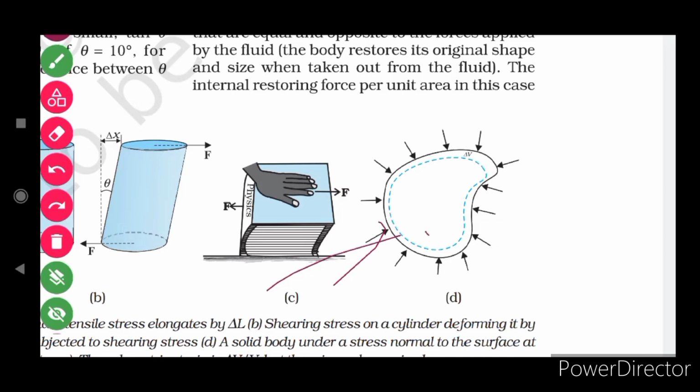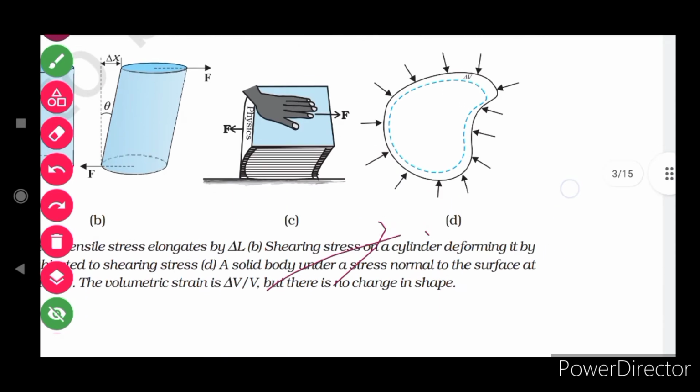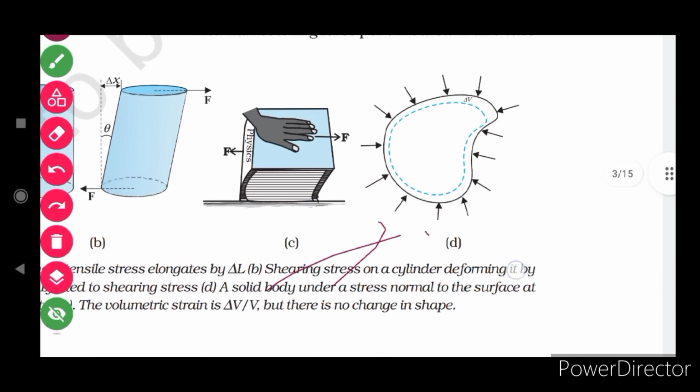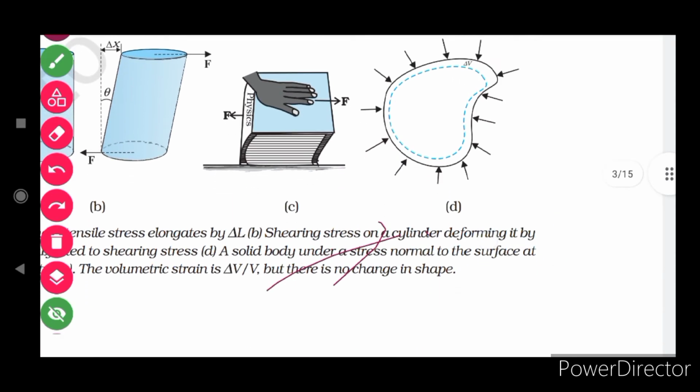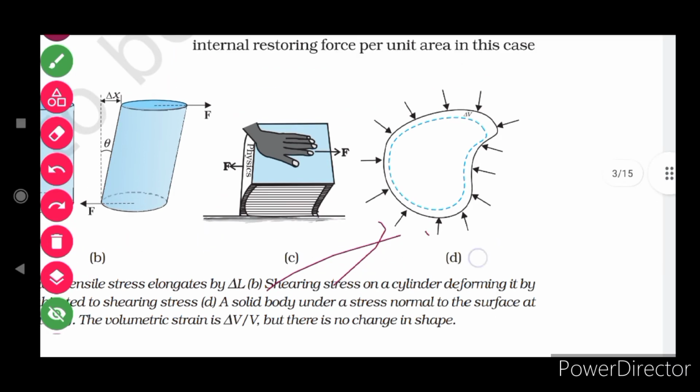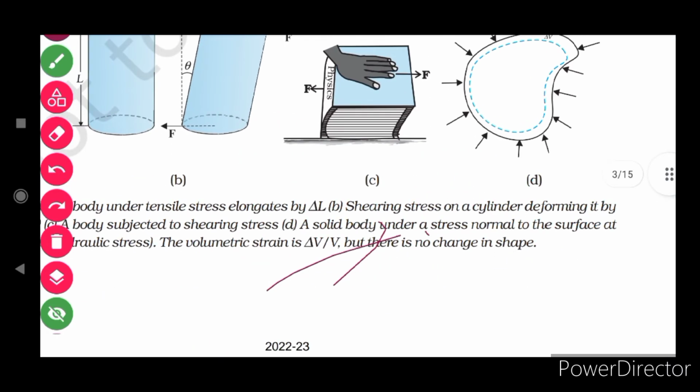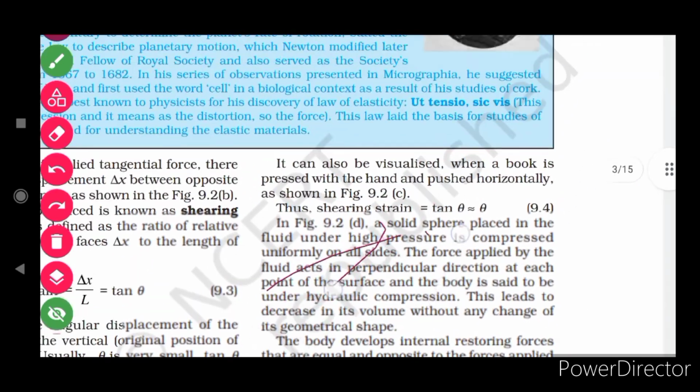There will be a change in the volume of the body, but is there any change in the shape of the body? The answer is no. The shape will not be changed, only the size will be changed. The restoring force per unit area developed here is called the hydraulic stress. So three types of stress we have discussed. Now we'll come